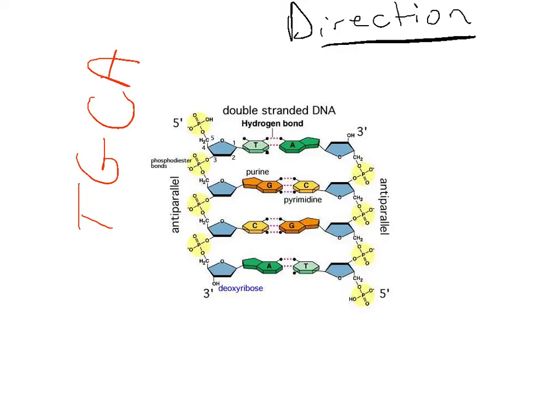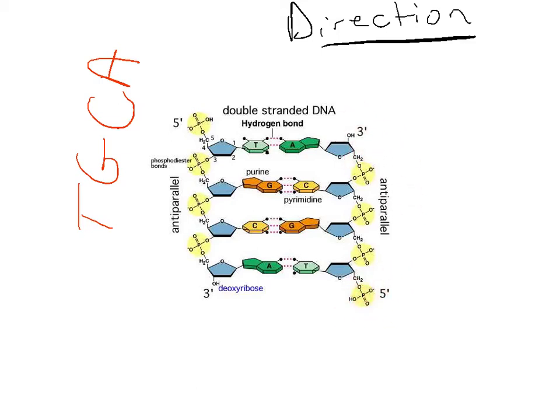So because you have a 5' end and a 3' end, you have direction. And this direction gives you information in a very specific way. So you have TGCA on the left side of this double helix. But if you read it again on the right side from 5' to 3',